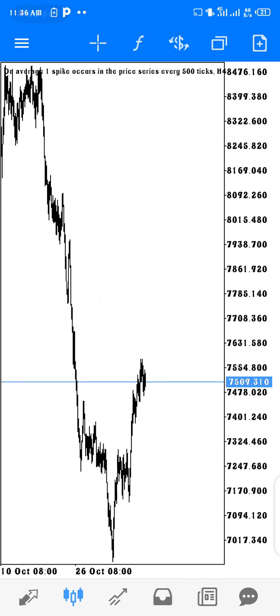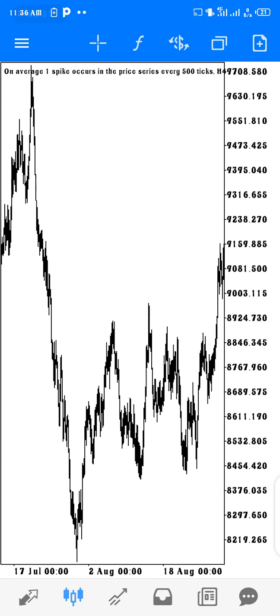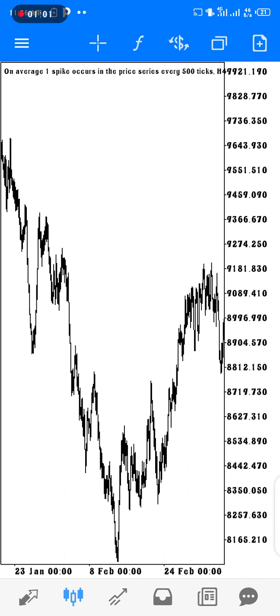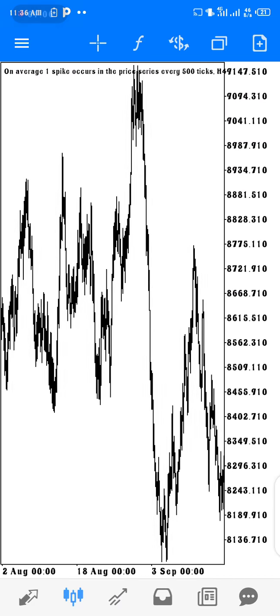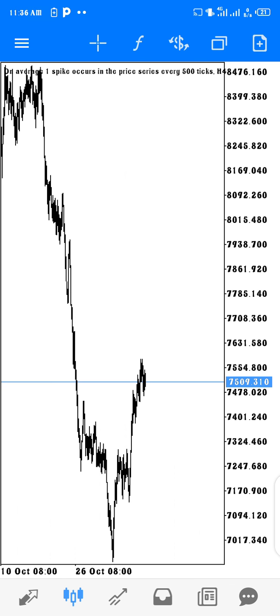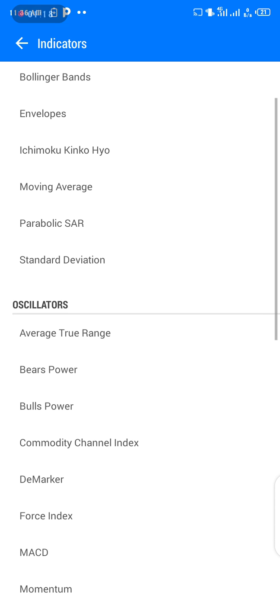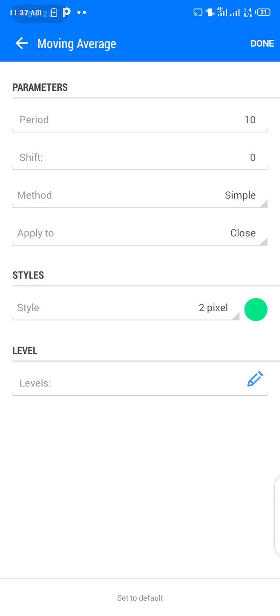But I would like to let us know that you need a little knowledge of price action so you can be very profitable using this strategy. Okay, I'll be fast about it. Like I said, I call it the EMA crossover strategy, guys. Let me start. The first indicator we'll be using is the 200 EMA, the 200 moving average, guys.